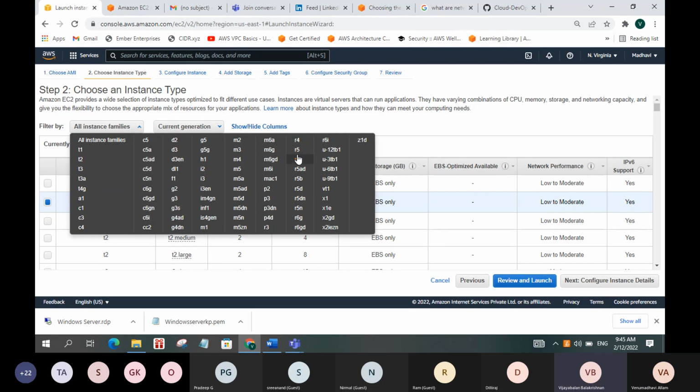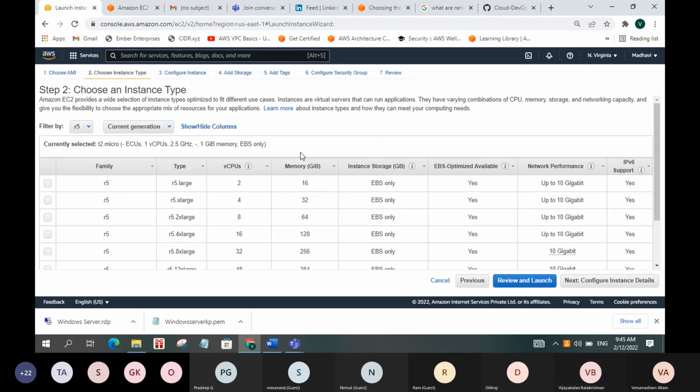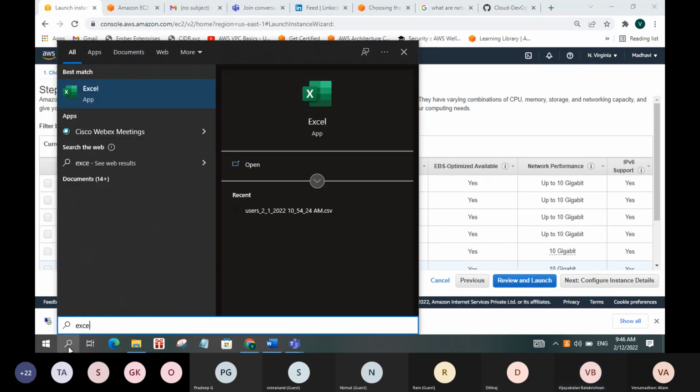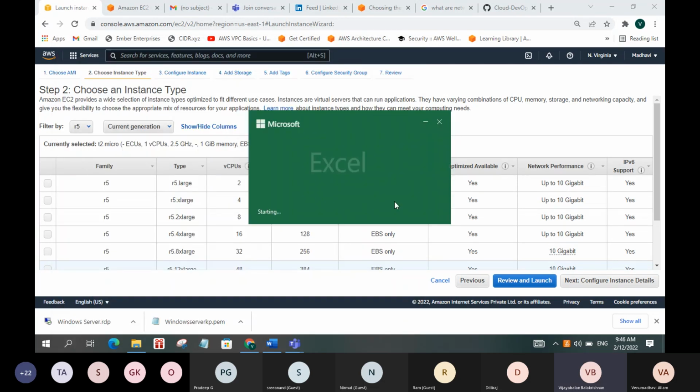So R3, R4, R5, R5A, RD. Now my simple question: will you go for R? Can you click R5? R5 2xlarge. What is that? 8 CPU, 64 GB RAM, right? Yes. Can you open an Excel sheet? Because these are the important things people miss out. Finally, they say I'm stressed, I'm confused. No, it's very easy, but the only thing is we are not applying